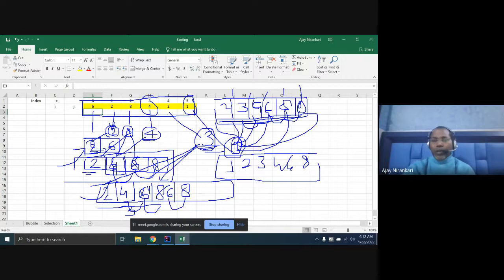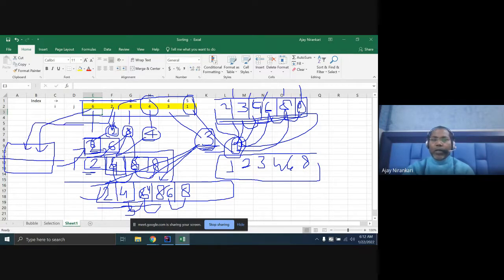So what are we doing here? We are assuming the complete array, just getting one element, and we have a blank, just putting one element in the proper place. Again we take the next element and put it in this sorted array at the proper place where the element should go, right?